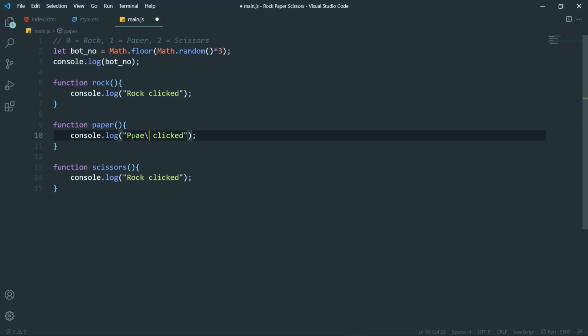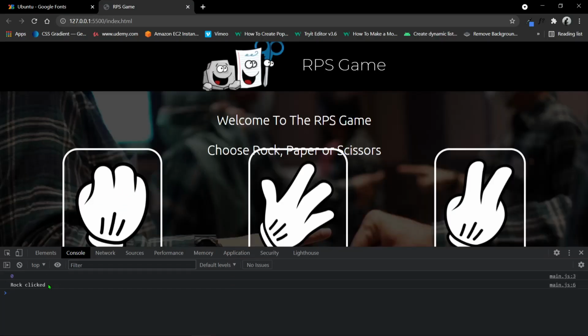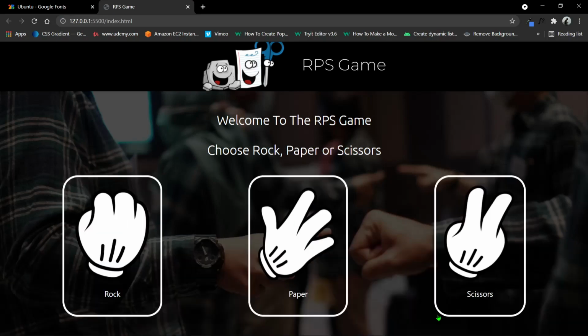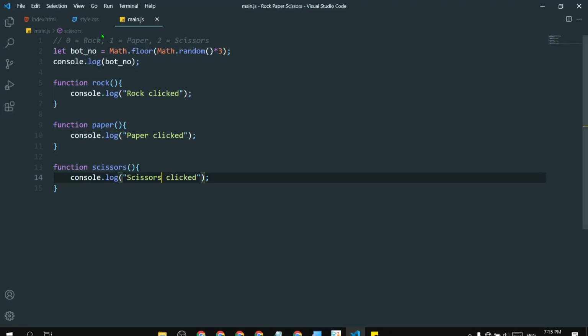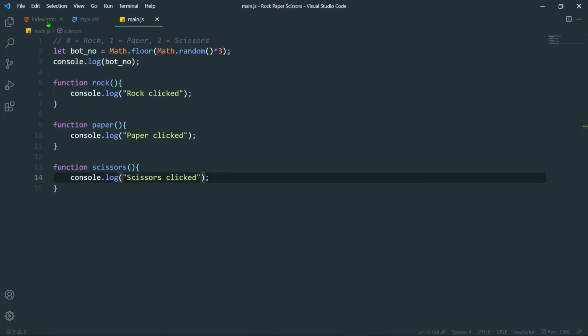Paper, alright. Now you see there will be no error if I click on this rock clicked, and if I click on this paper clicked, and if I click on this scissor clicked.